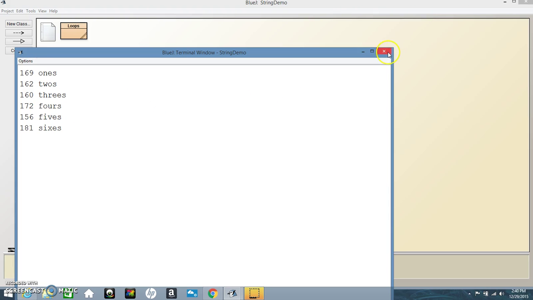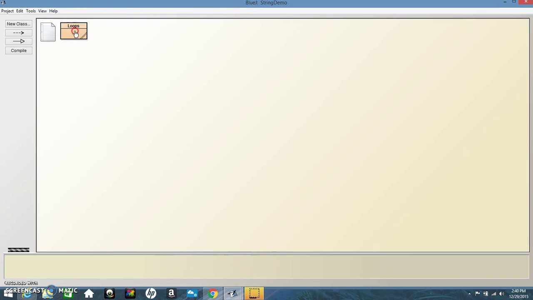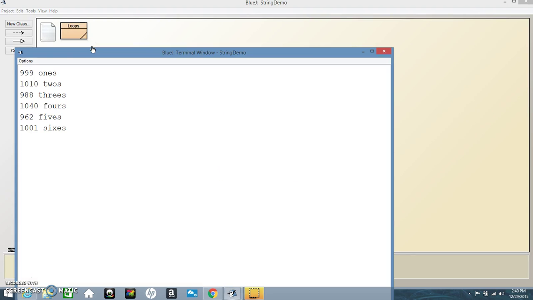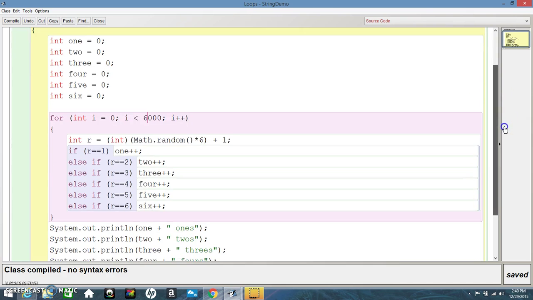And if you get a bigger number, let's try 6,000, because if I do 6,000, then I expect roughly 1,000 for each. Again, it's random. But that's what we get, and that's what you would expect if you did actually flip a coin or roll a die 6,000 times. Okay, now I'll do the same thing with a while loop,